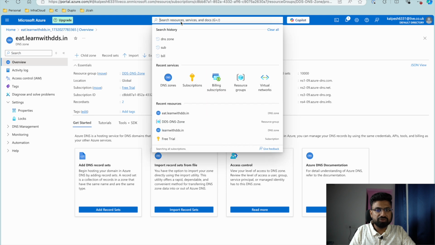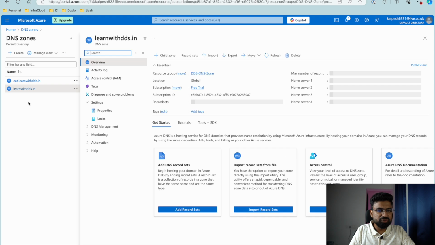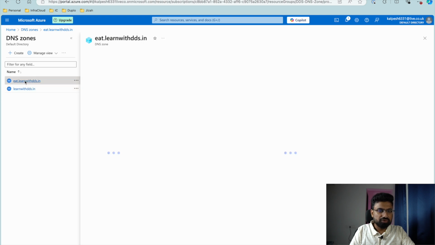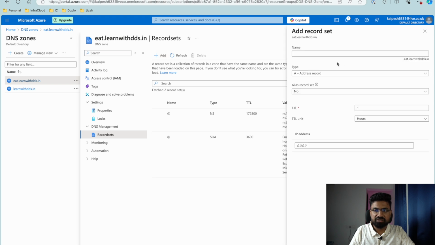Now, if I go to the DNS zone, I have two DNS zones. Under my root zone, learnwithdds, under the record set, you can see the new entry for the eat subdomain with the type as name server, and the name servers that are under the eat subdomain are populated over here. Okay. Now, if I go in the eat and just do add,